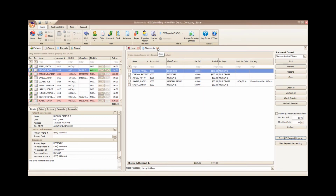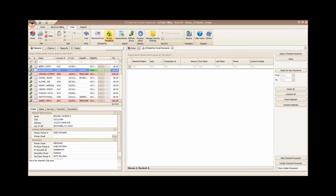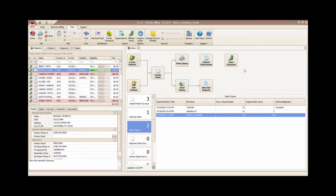The patient receives that text message on their phone, and they're able to click on the link and pay that. In our Tools tab up here, I'm able to see that payment from the patient portal, and we're able to import in that payment that they made with their credit card. You can also do manual payment posting,